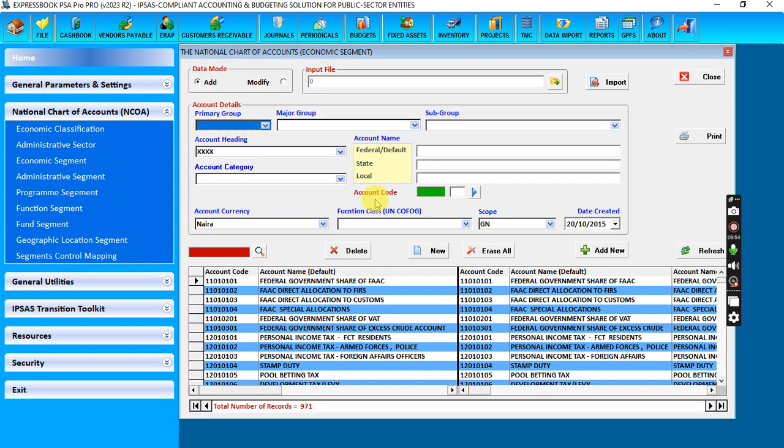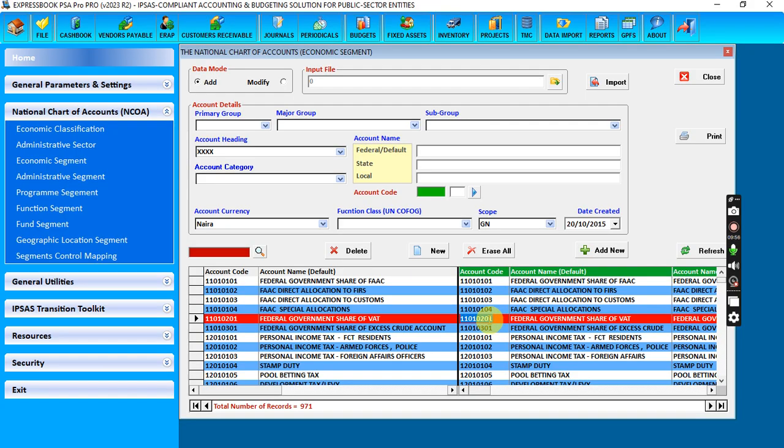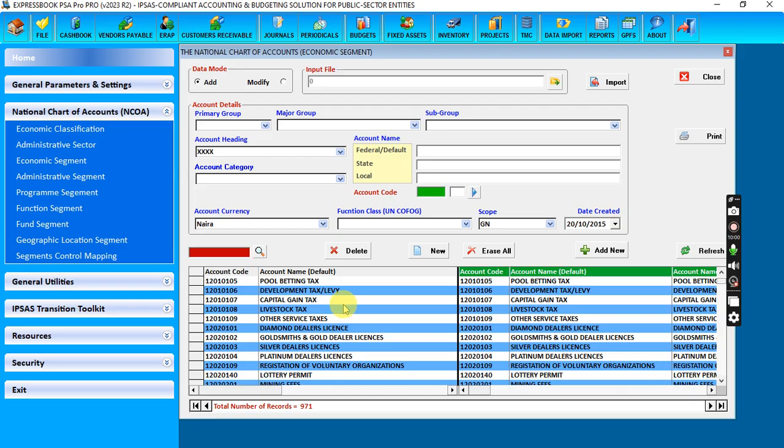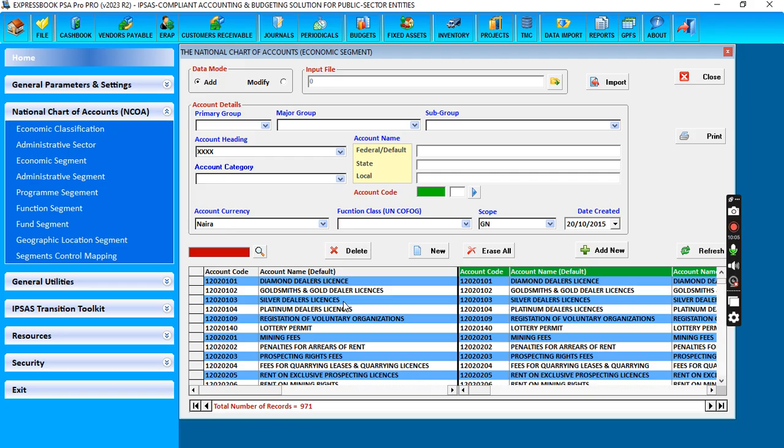So this is what it looks like. The economic segment, again, we preload this thing before we deliver to you. So you won't really have to do all this. So we will have preloaded them. But for the purpose of presentation, it's for you to know that this is the National Chart of Account, what